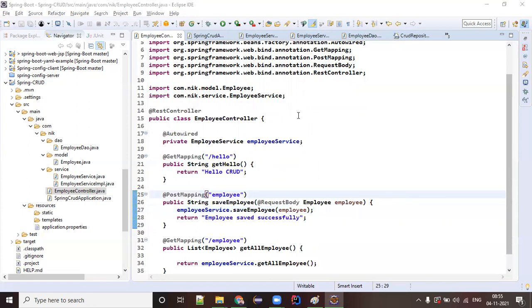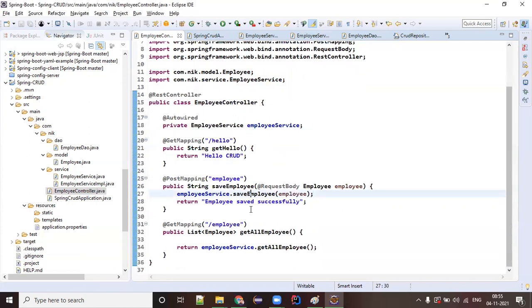Okay, so now from the controller, I'm going to the service layer. From the service layer, I'm going to the DAO layer, and from the DAO layer, it will go to save in the database. We have not installed any database or anything like that. The reason is